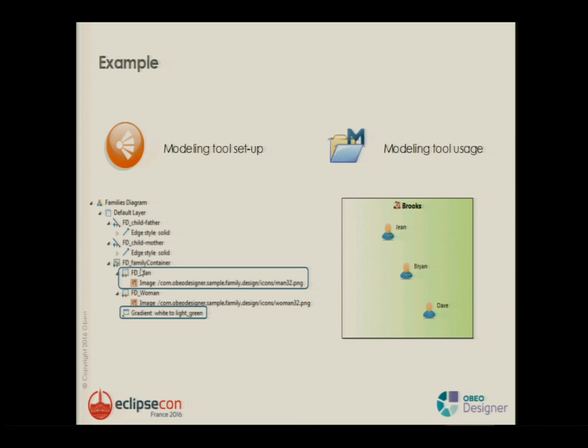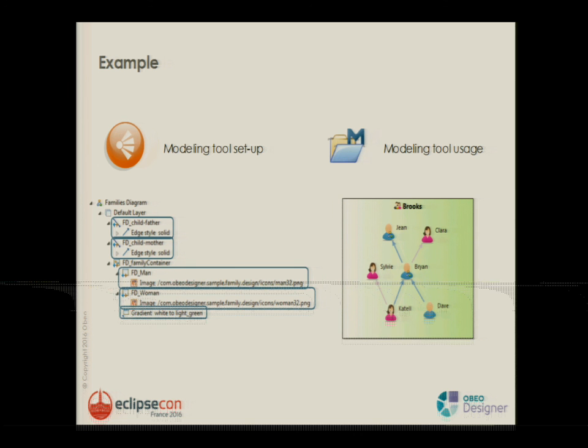And for each woman, it will be another image. So I do a mapping of how to find the elements in my models and how to render them graphically. And last, I want to show the father link and mother link. You can imagine this link as a simple direct link in your model, or a complex query where you hide all the intermediates to show directly one edge. What I showed you with a PowerPoint animation is quite the same in the tool: you define on the left and it's live on the right.